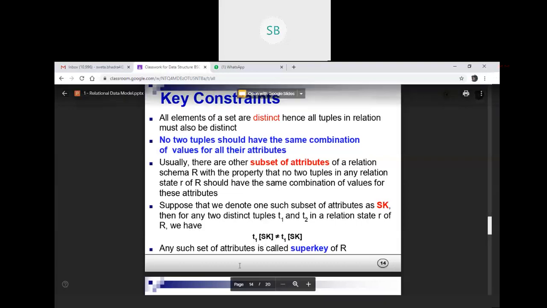So we cannot have an attribute combination where two tuples are equal. If we have this condition, it is known as the super key of R. We will understand the super key concept once we move to the normalization module, and we'll solve some questions. This key constraint will be applicable there.